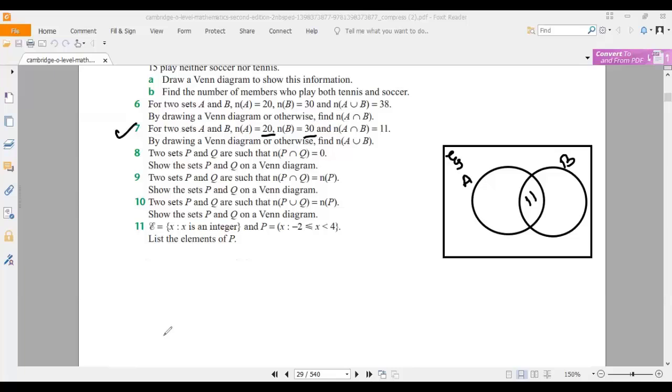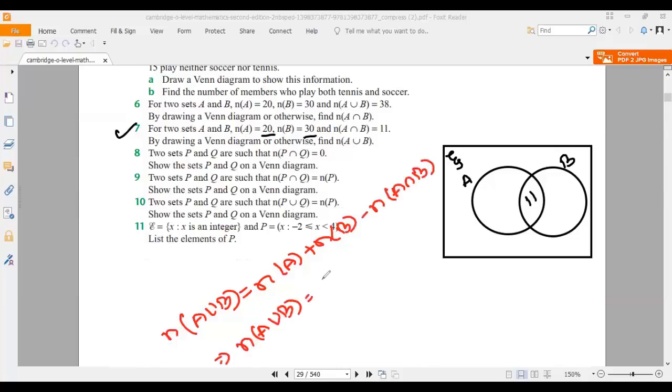First, if we want to use the formula, n of A union B will be n of A plus n of B minus n of A intersection B, that is 20, n of B will be 30, and the common one, that means both, will be 11. So 20 plus 30, 50, 50 minus 11, that will be 39. That is our answer. Now, if I want to find out in another way, we can say that only A